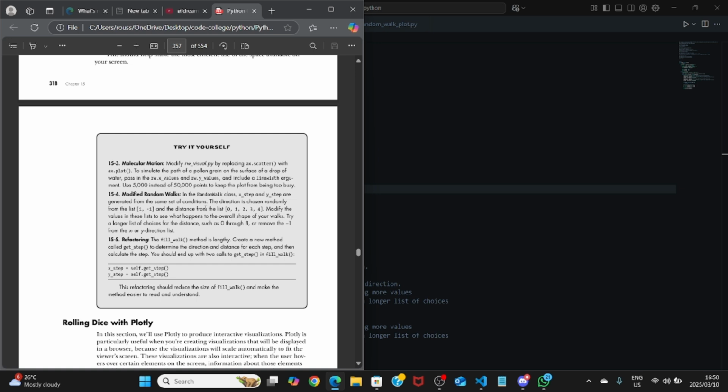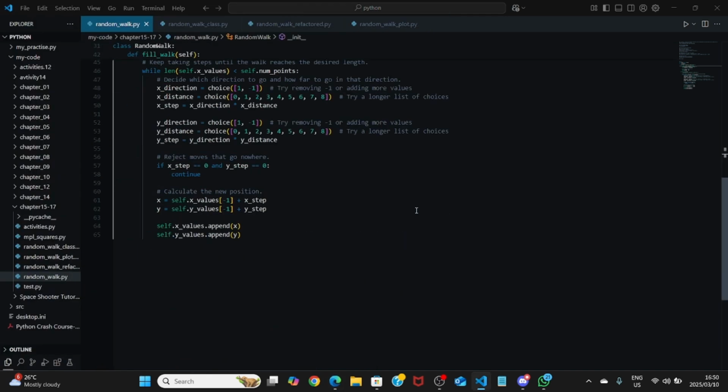Try a longer list of choices in the distance such as 0 to 8, or remove the negative one from the x or y directions list. Okay,